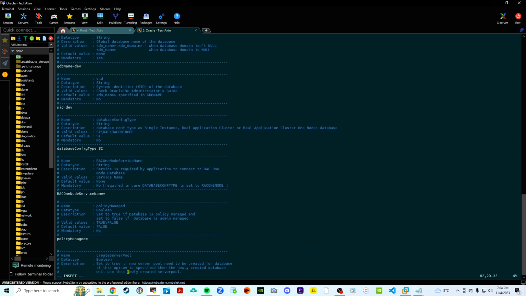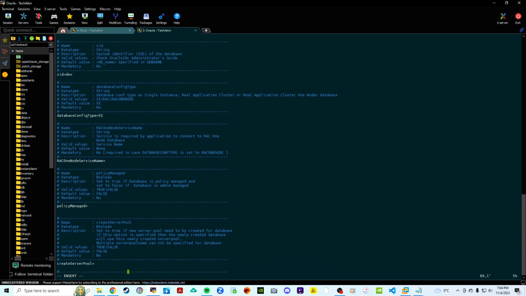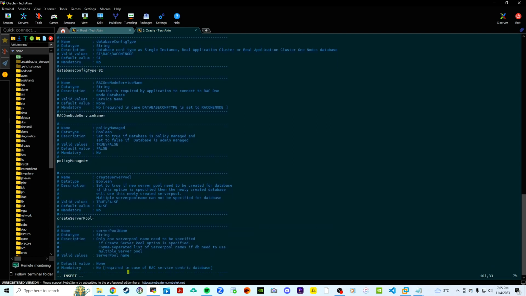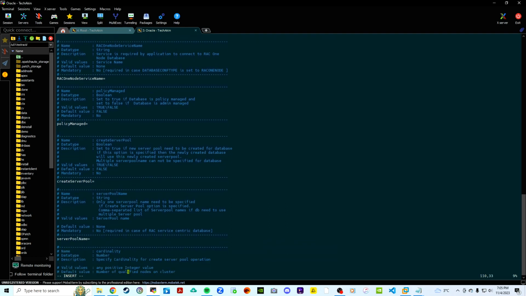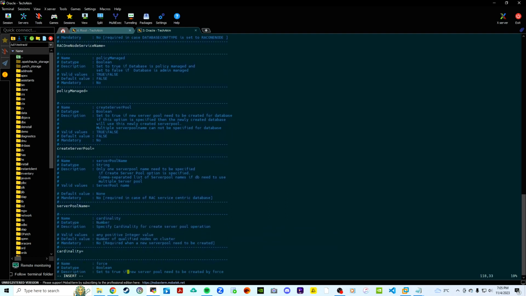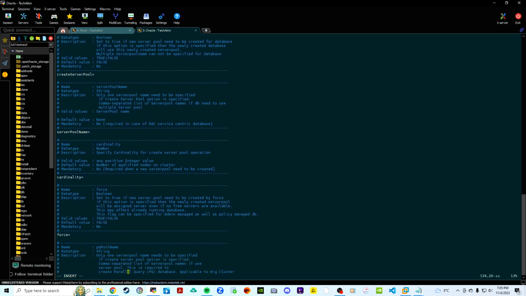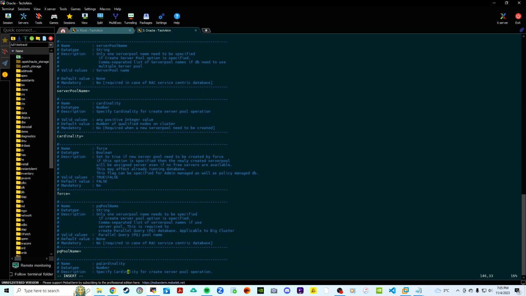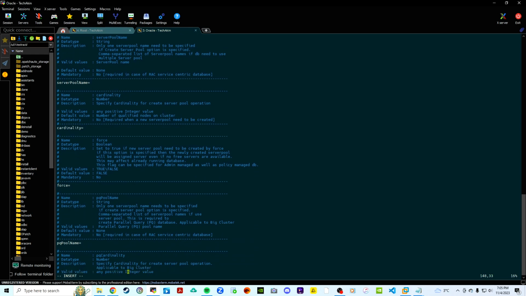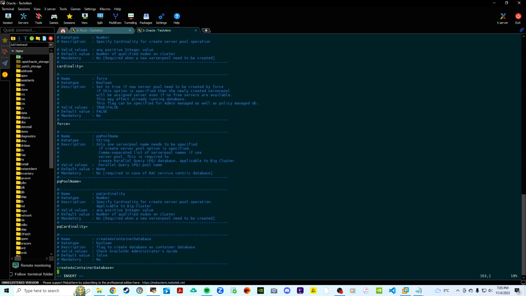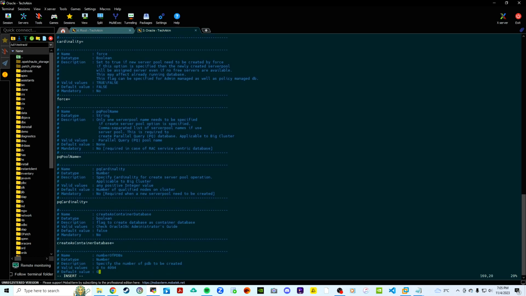And for the policy managed, we don't have to do anything about that. Create server pool, it's not necessary. Server pool name, not necessary. Cardinality, no, we don't have to provide any response. Force, we don't have to provide any response. PQ pool name, no response. PQ cardinality, no response. Create as container database, yes, we need to enter a response for this, because don't forget